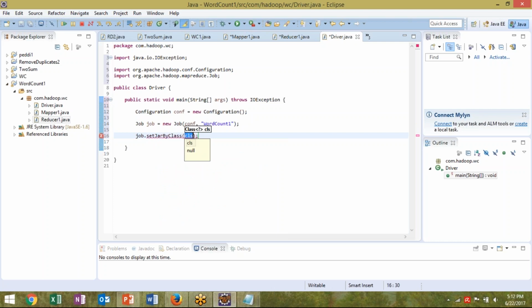There it is. So here we're going to give the driver class name, the Java class. So we always have to mention this dot class. And what else? We have to